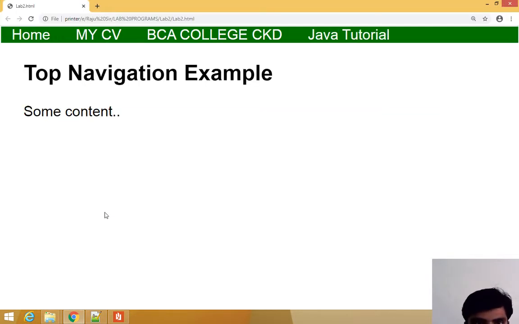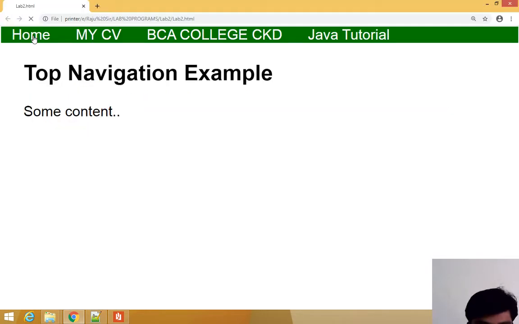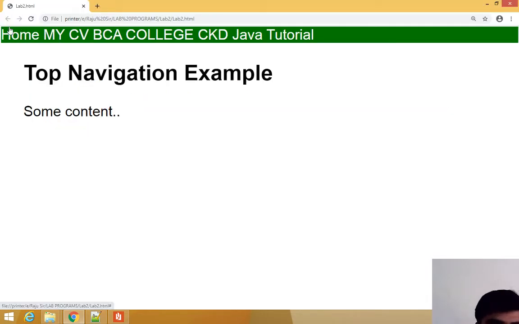See, now this is the content. Just see, I want to remove this one, save. Here this is the content, and on the left side, top, and below there is also a border for this link.